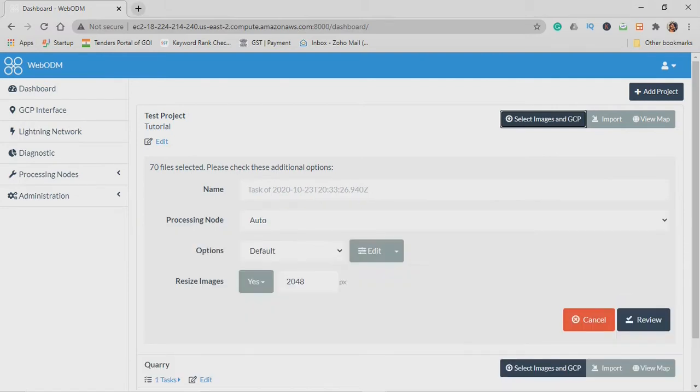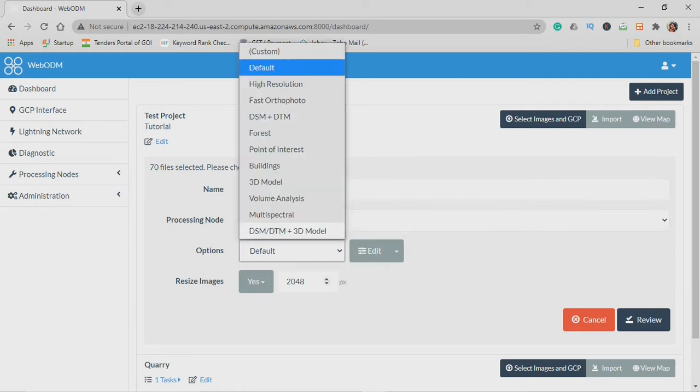Right? So we selected our images. We can name this; it will be created as a task. We can name this task as demo for now. You can keep the processing node as auto. Options for generating the outputs: you can see there's a drop down.